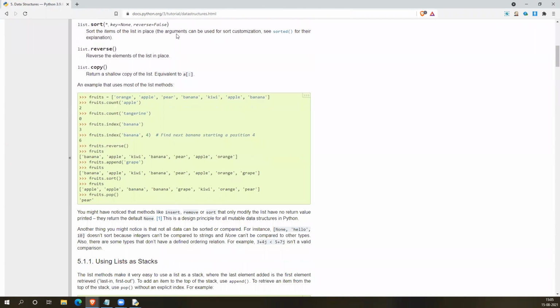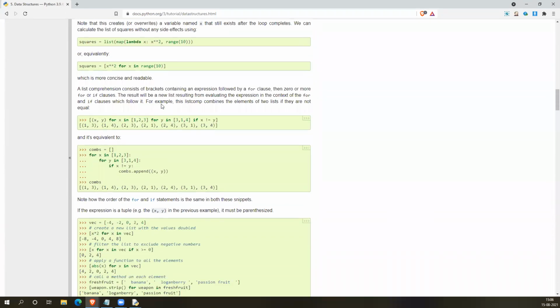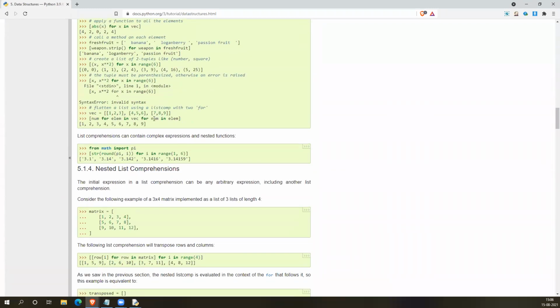Understood? Always go to the python.org website, because whichever website, even though it is more comprehensive, in some way got the information from this main website, because this was created by the creators of Python. You see list, tuples, list comprehension, you get all the samples here.